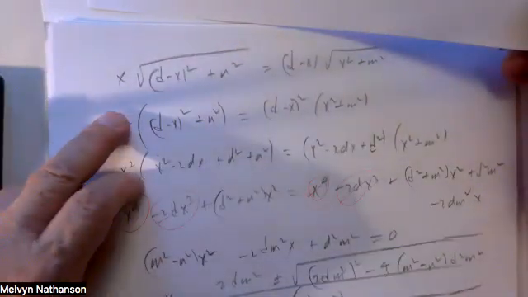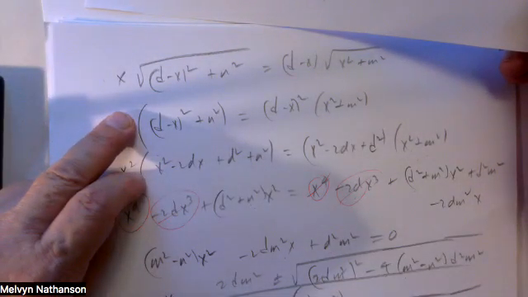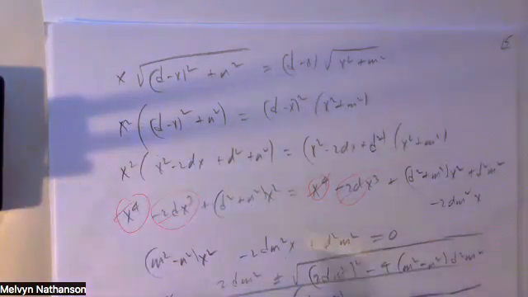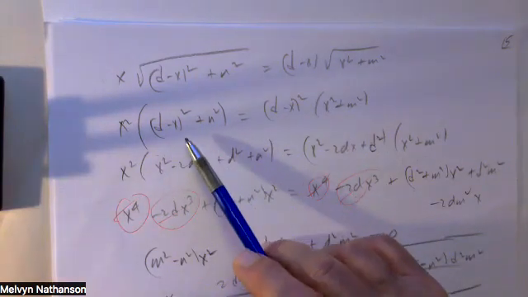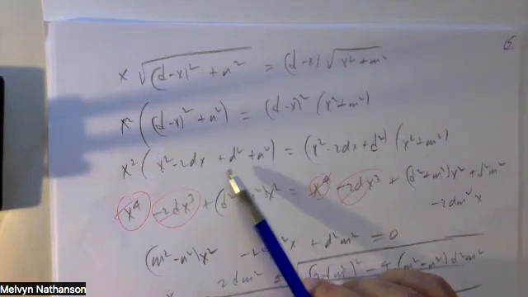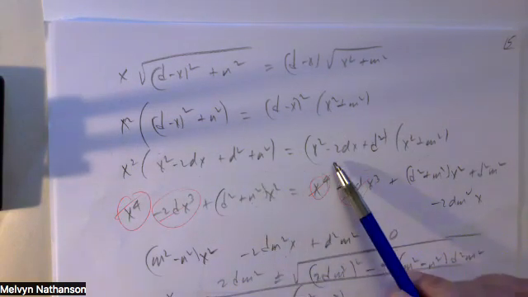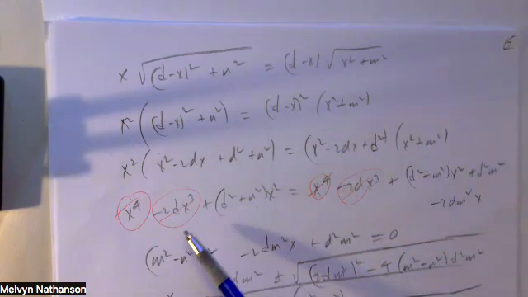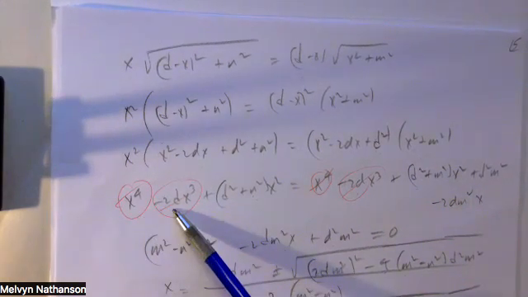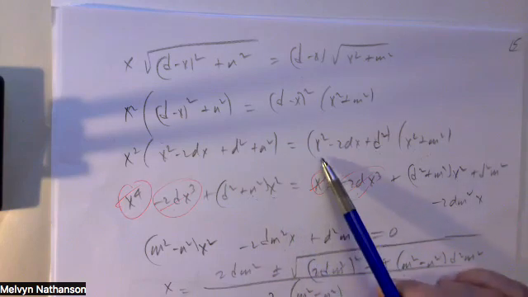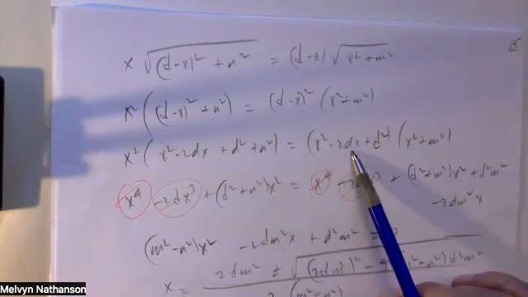and bring this over to the other side. So x times the square root of d minus x squared plus n squared equals d minus x times the square root of x squared plus m squared. Square both sides, I get this equals this: x squared minus 2dx plus d squared plus n squared, x squared, equals x squared minus 2dx plus d squared, x squared plus m squared. Multiply through: x to the fourth minus 2dx cubed plus d squared plus n squared times x squared, equals x to the fourth minus 2dx cubed plus m squared d squared,